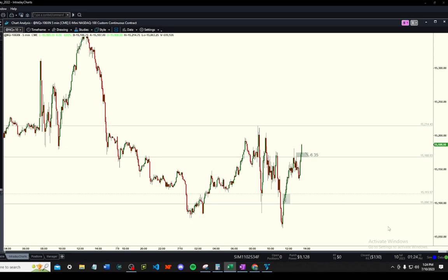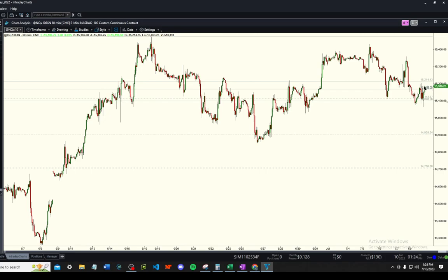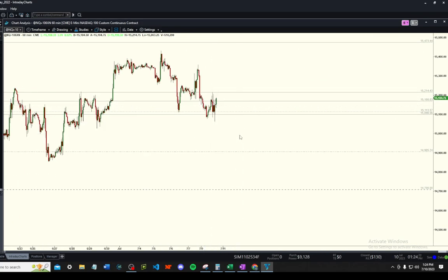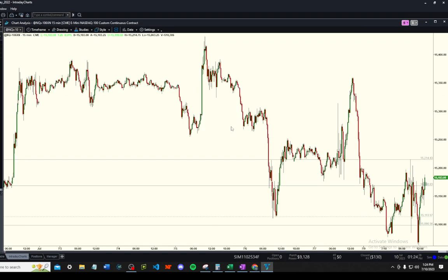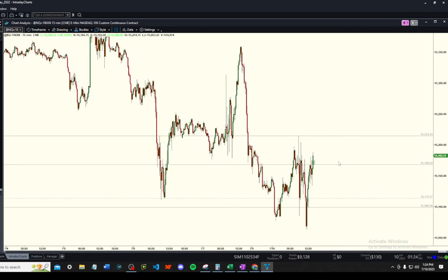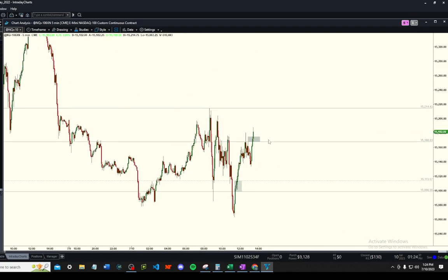So 6 contracts, and look at that. It just continues long. It just does. Look at that. And the 60-minute is looking very, very bullish now. It broke that recent high. It's coming up. I don't know if the bid will hit downwards here, but either way, I'm gonna get in long if it drops down, because that would be a holding split, which is